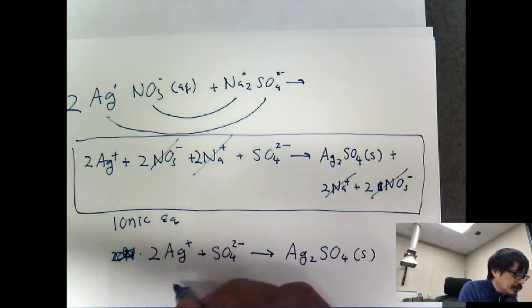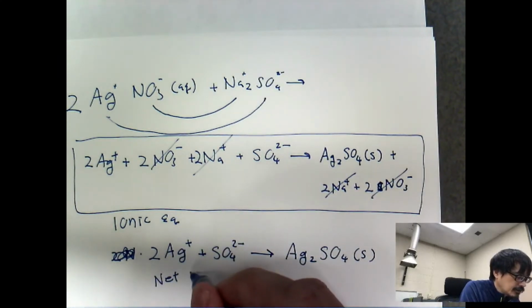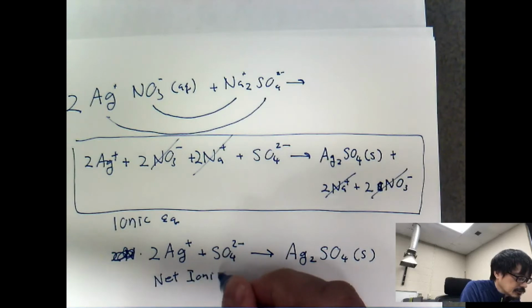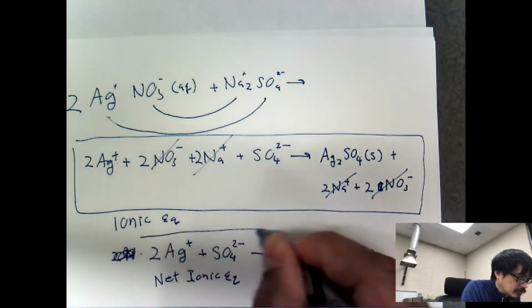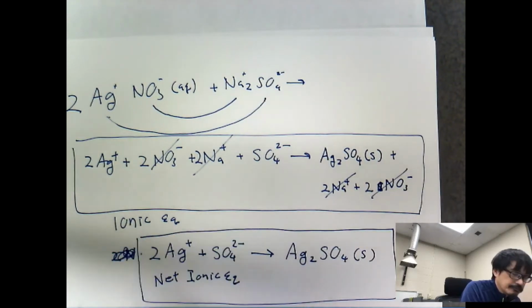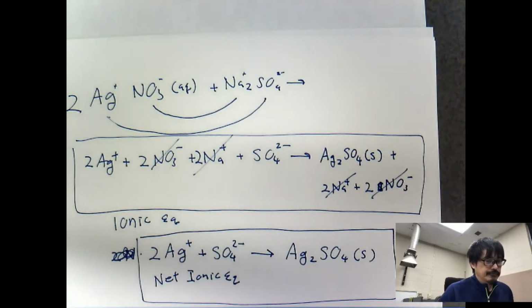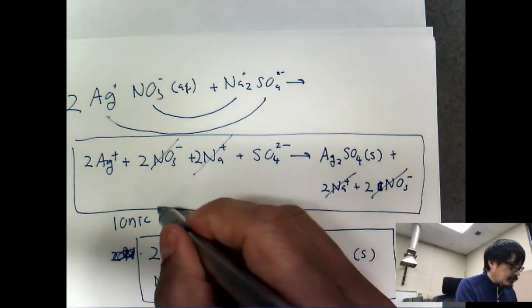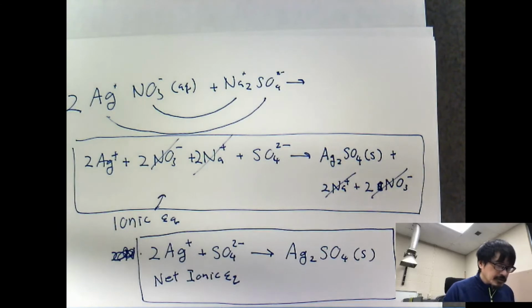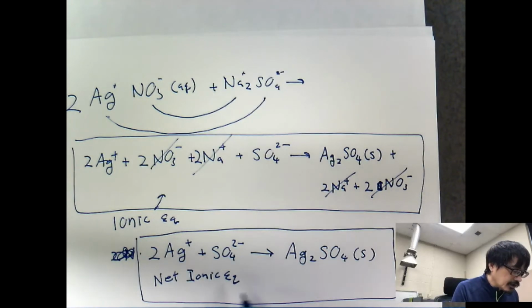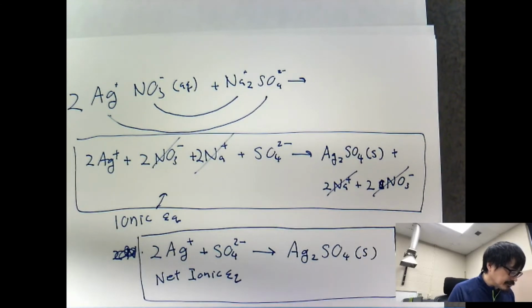That will be our net ionic equation. These are ionic equations: you write out everything, do not cancel. Net ionic equations, you cancel everything, right? Generally speaking, the net ionic equations end up with one side becoming solid,